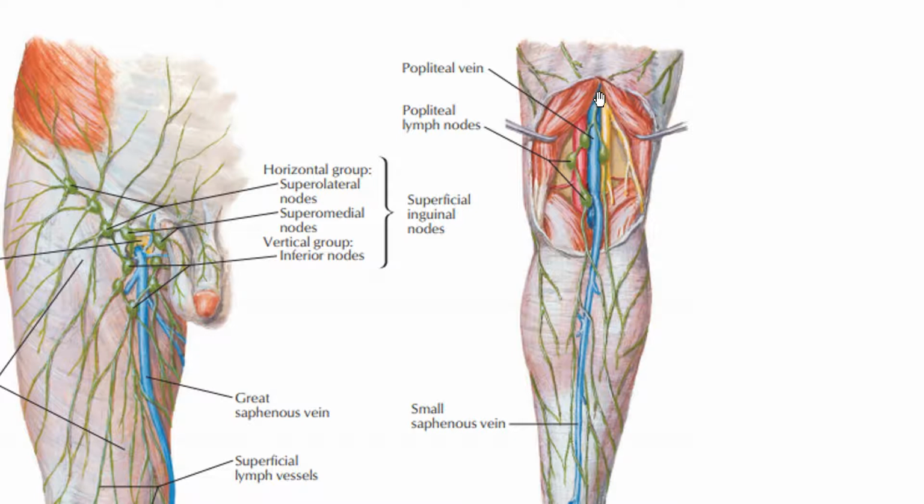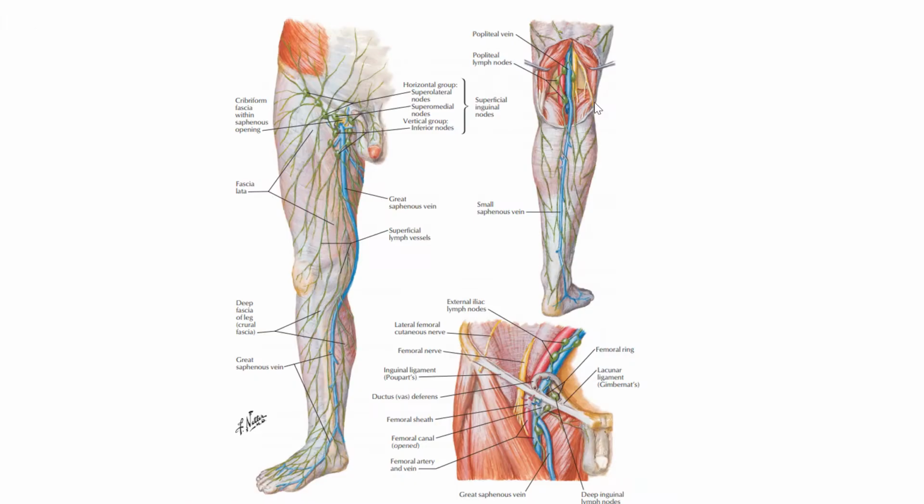Then from these popliteal lymph nodes, the lymphatics would follow the deep veins. Look at this. This was the superficial vein, the small saphenous vein. It drained into the popliteal vein, which is a deep vein. Here we have deep lymph nodes, and then deep lymphatics along with the popliteal vein pass up into the thigh